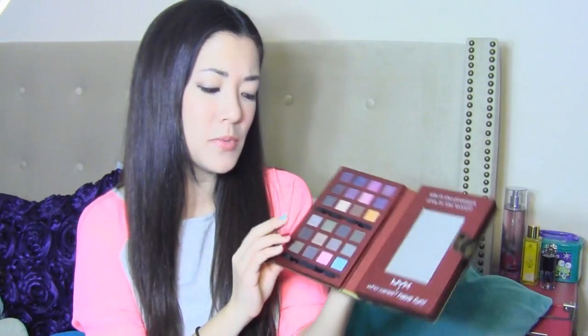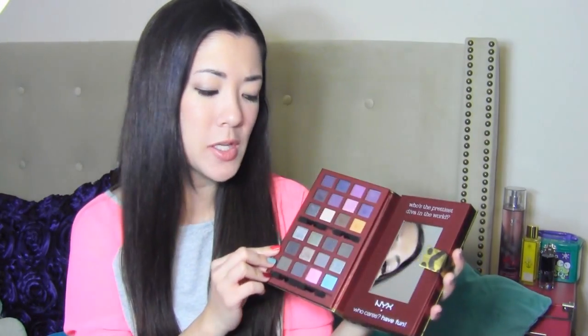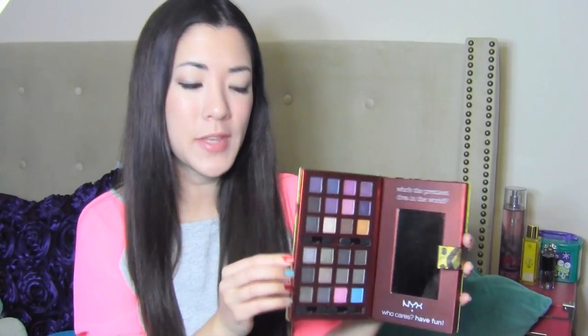But I actually found that since they aren't super pigmented, they're somewhat pigmented, I would compare them to something like Coastal Scents or Sedona Lace. They do have some nice color to them, but they aren't crazy dark. It's not like Urban Decay eyeshadows where you just tap a little bit on and it's super pigmented, which is really nice, but sometimes for everyday looks, I actually prefer these less pigmented shadows because you don't have to worry about suddenly winding up looking like you got punched in the face just because you applied a little bit too much of a super pigmented eyeshadow. So let me just quickly swatch some of these on my hand